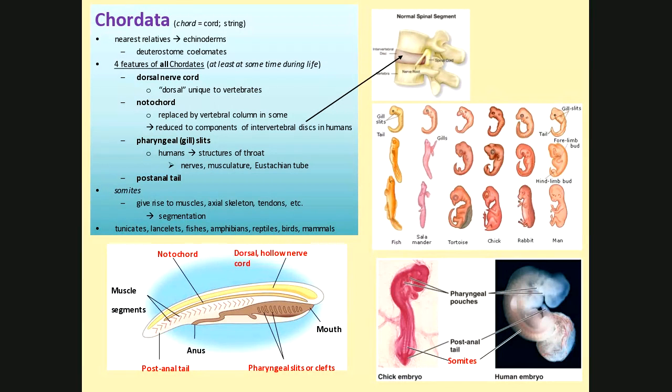And finally, a post-anal tail, right? Of course, our post-anal tail gets reabsorbed, and we're born with just a couple of bones down in the coccyx. And if you were something like Cooper, my dog, he, of course, has a full-blown tail. All right, the somites, I mentioned the somites. They gave rise to things like the muscle and the axial skeleton. The axial skeleton is the main skeleton, the spinal cord. The appendicular skeleton would be the arms and legs, that sort of stuff.